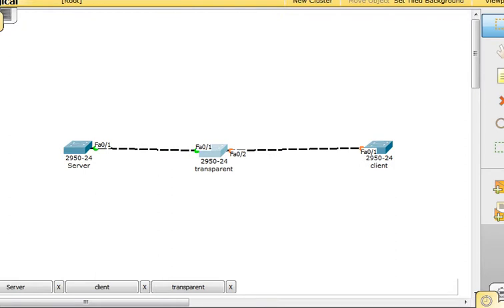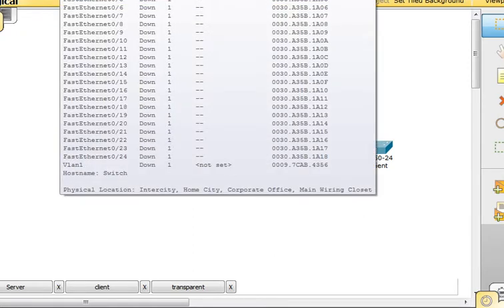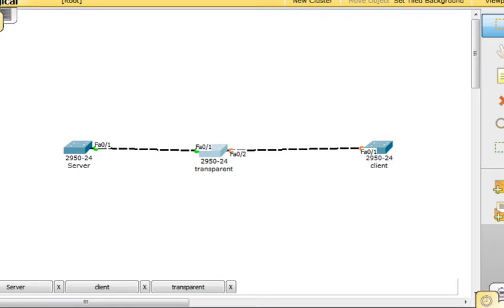Okay, so all the ports are trunk. Now I think even these ports will go trunk automatically. After this goes green, let's see whether this switch has received the VLAN information or not. So what does a transparent switch do? It's transparent, like a mirror. It will just transfer; it will not make any changes in them.